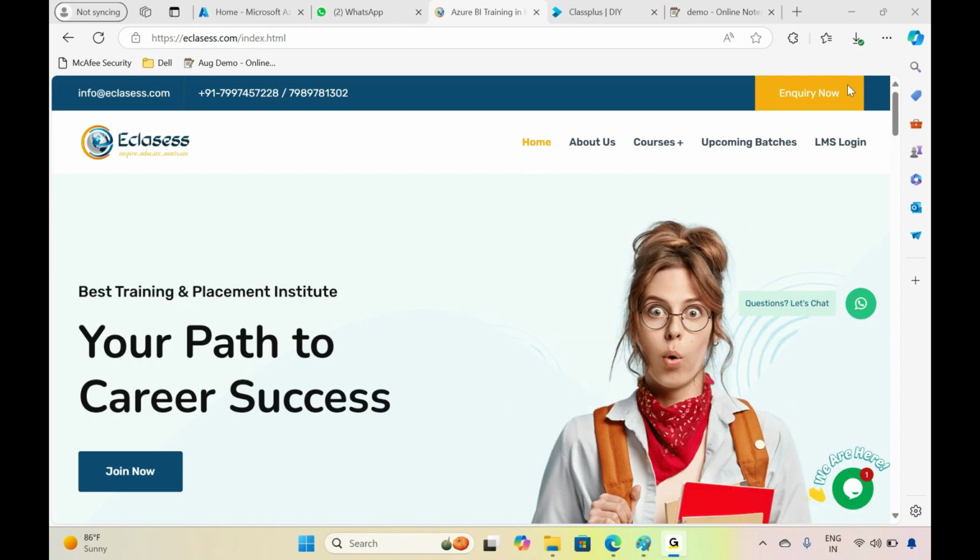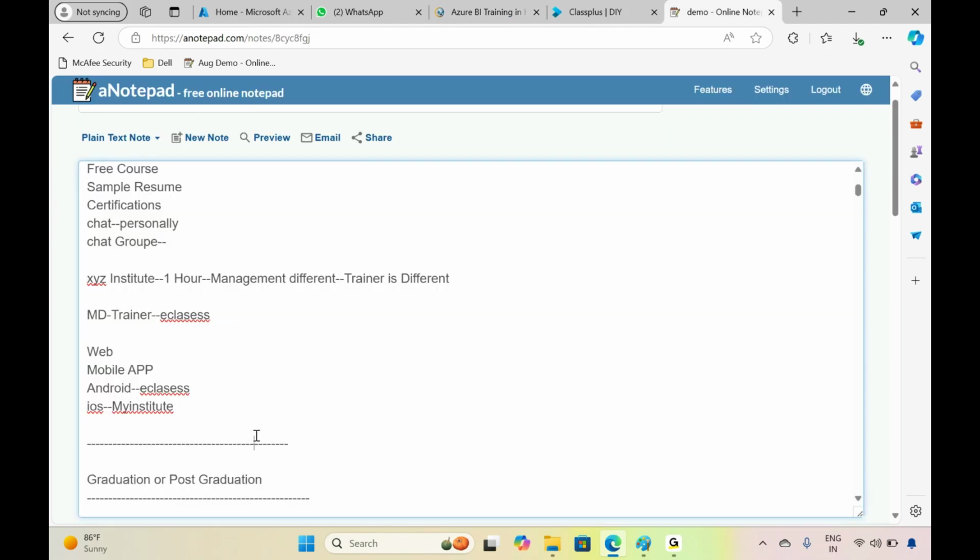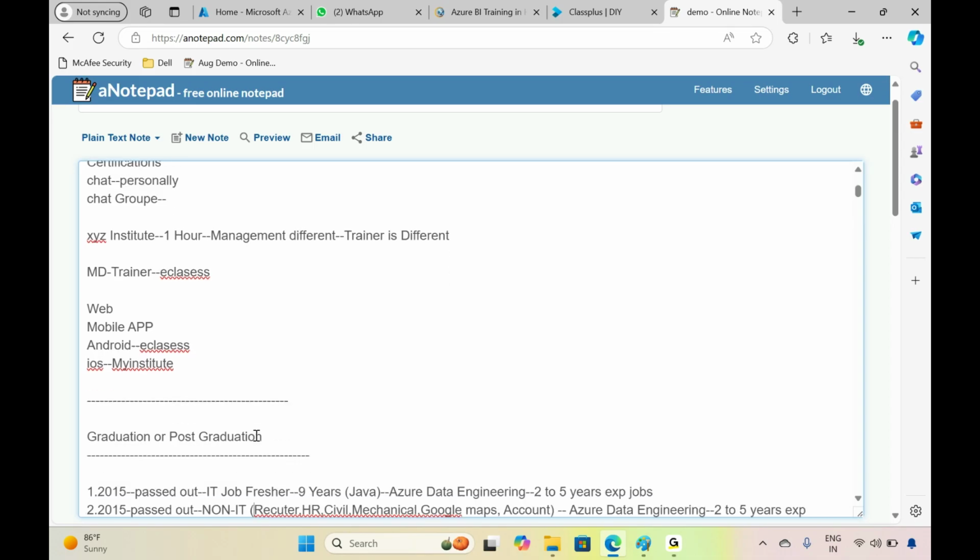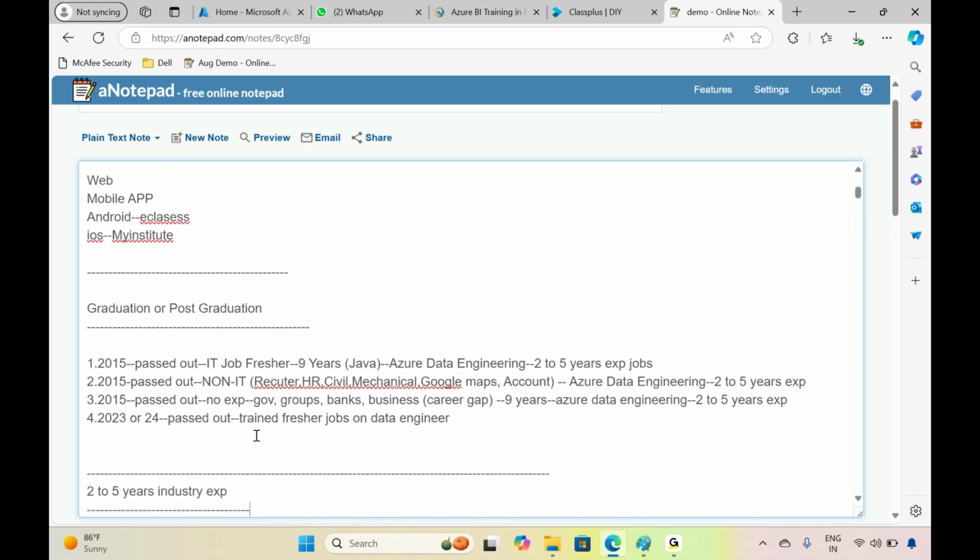Perfect. Right. Now, coming to the people who are going to learn this Azure Data Engineering course, the minimum qualification, what I have observed, is graduation or any postgraduation. A student is eligible to learn the Azure Data Engineering course. And as per my experience, there are four different categories and four different kinds of background people trying to learn this Azure Data Engineering course. You just cross-verify which category you are under.